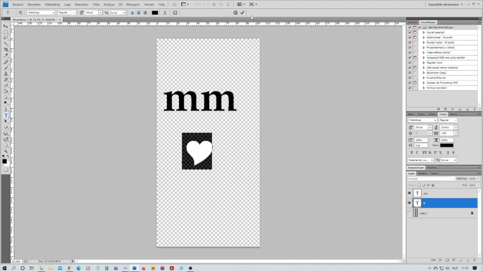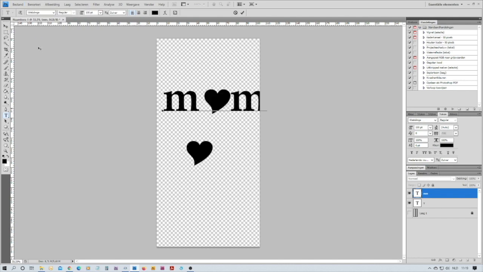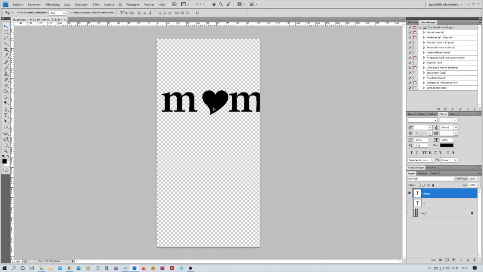Difficult language, English for me sometimes. And now I'm going to paste, edit, paste, and the heart is in the middle. And you can do that also with Command or Control V. So now I'm going to remove the heart or make it invisible. And I'm going to manipulate this text because I don't like it this way. Much too